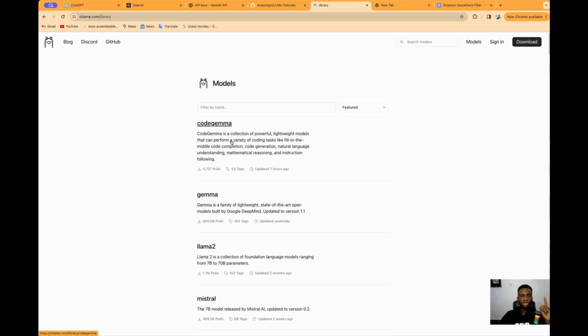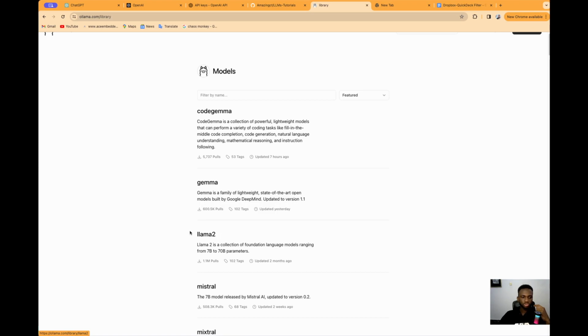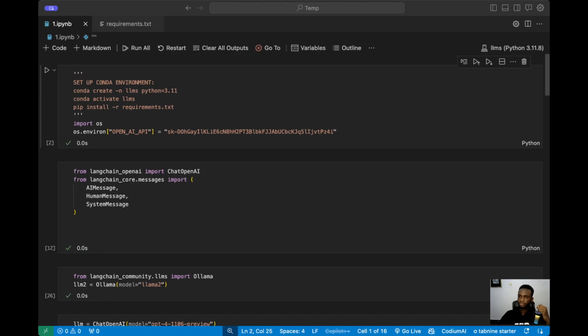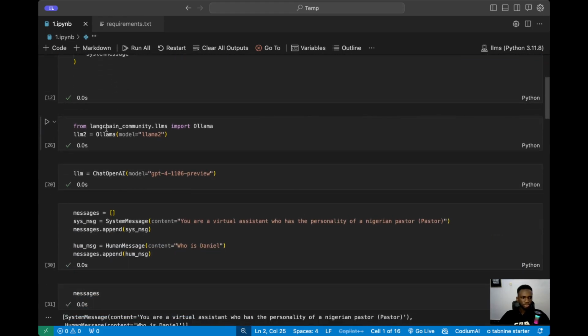So now let me show you how to use Ollama in langchain, and then run the same code we ran in the last video with Ollama models. We are going to use Llama 2 as the model. So let's go back. Coming back here, we no longer need this because now we want to use Ollama. Once you have that, you want to import Ollama from langchain_community.llms, and then you want to create your